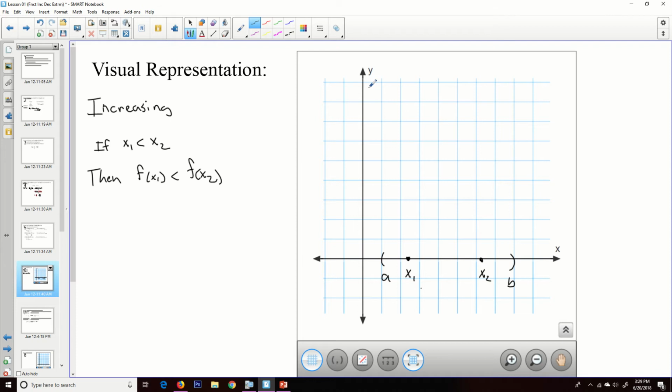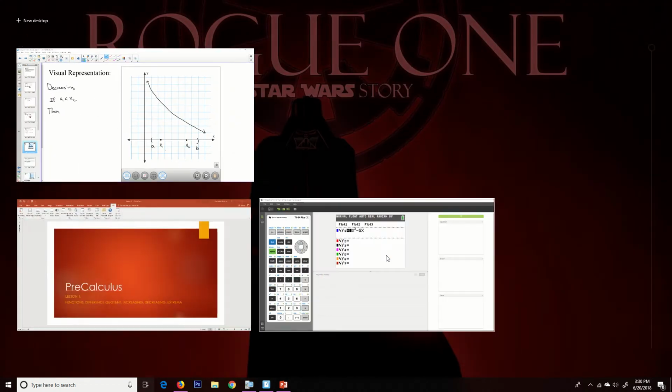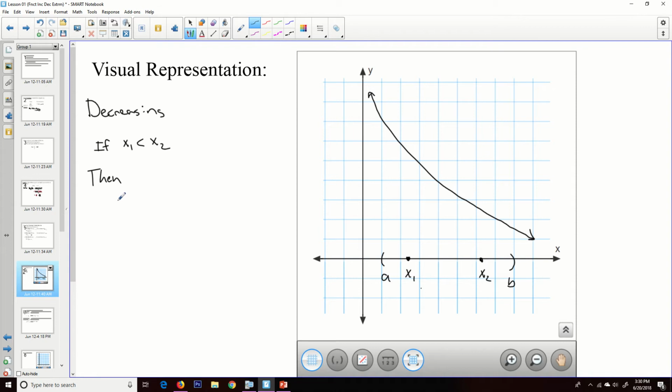But if our function is decreasing from a to b, and it doesn't have to stop at a to b, we're just making any open interval, and it could go up or down. The only thing I have to erase here is this, and I suppose we'll change it to decreasing. If x1 is less than x2, and I can pick any x1 or x2 that I want, then if the function is decreasing over a to b, then f of x1 will be greater than f of x2,